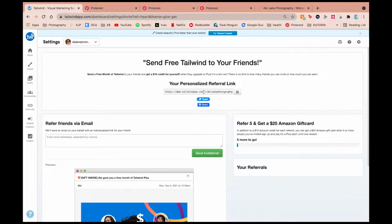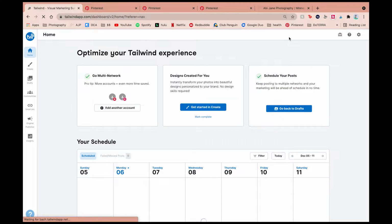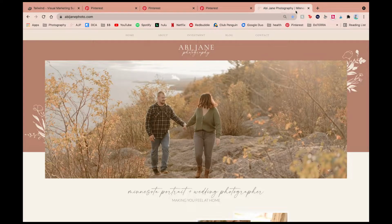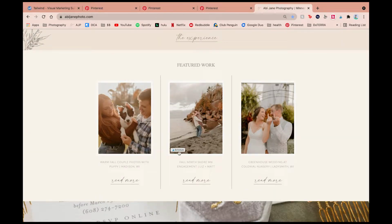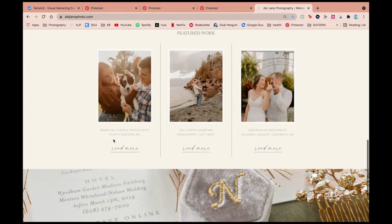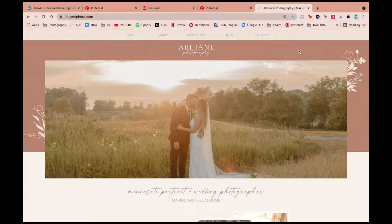Okay, so now we're going to be going into exactly how I use Tailwind. So first, you're going to want to make sure that you have the Chrome extension right up here. What it's going to do is, let me see if it pops up. Yeah, so when you're on websites, either your own or others, it will pop up with this little schedule tail with their logo button. I sometimes accidentally hit it, which is kind of annoying, but it's worth it nonetheless. So I'm going to go to my blog,